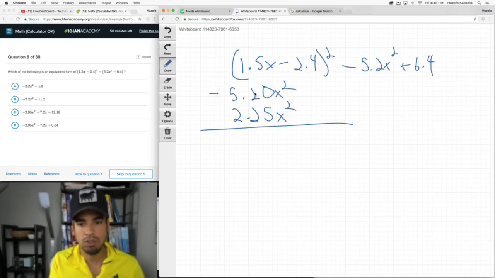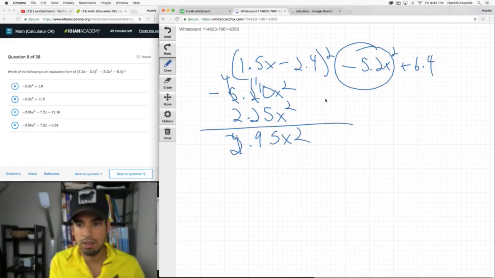So let's just do a subtraction really quickly. 10 minus 5, 4, 11. So it's 9. So 4.95. I'm sorry, not 4.95, 2.95. So we need to have 2.95x squared, and it's going to be negative because the negative one is bigger. So A and B are gone. Now the only question is the final term. See, we don't even have to evaluate this. We know this has got to be right because they're both the same. It's the only